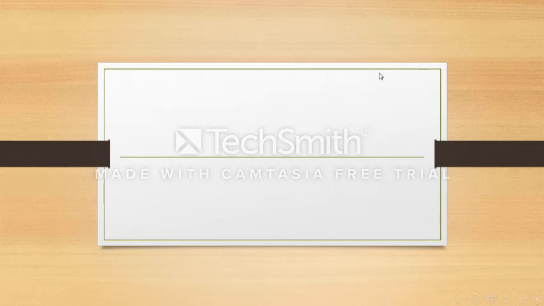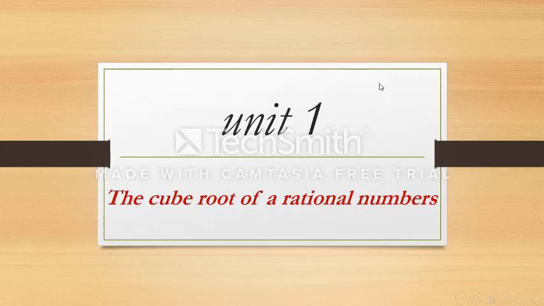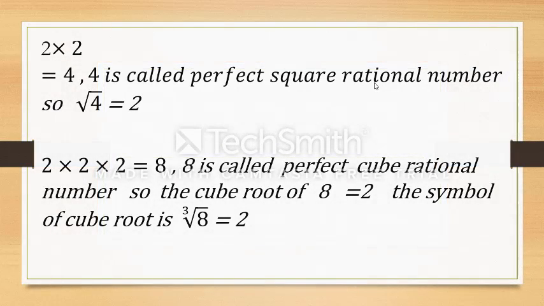Hello students, today we will talk about the cube root of rational numbers. As we studied before, when we multiply the same number by itself, like 2 times 2 equals 4, 4 here is called a perfect square rational number. But in the opposite way, when we find the square root of the perfect square rational number, the square root of 4